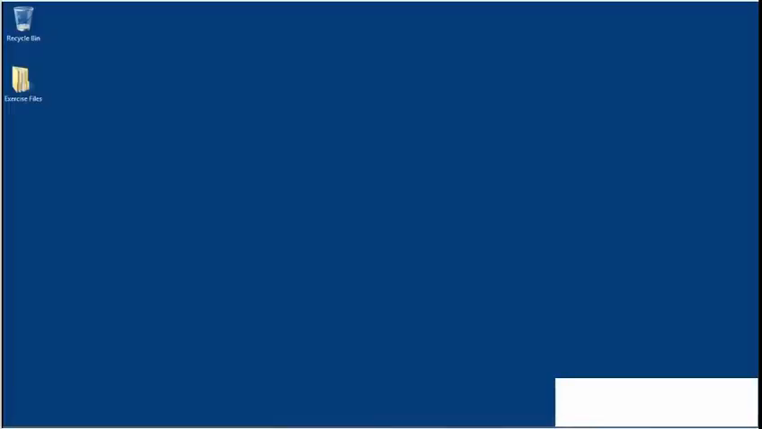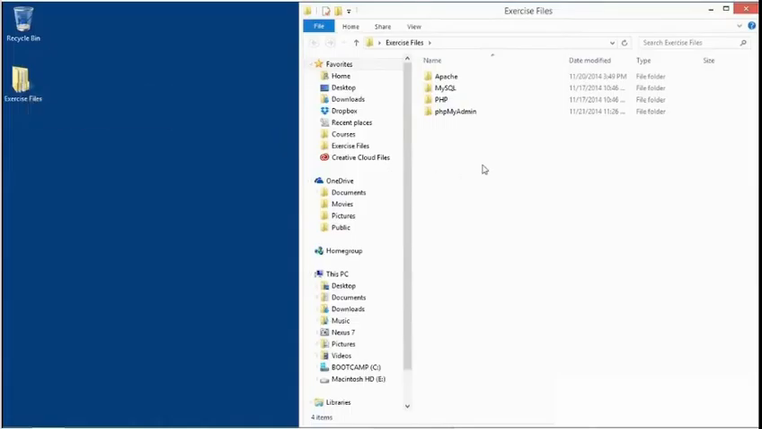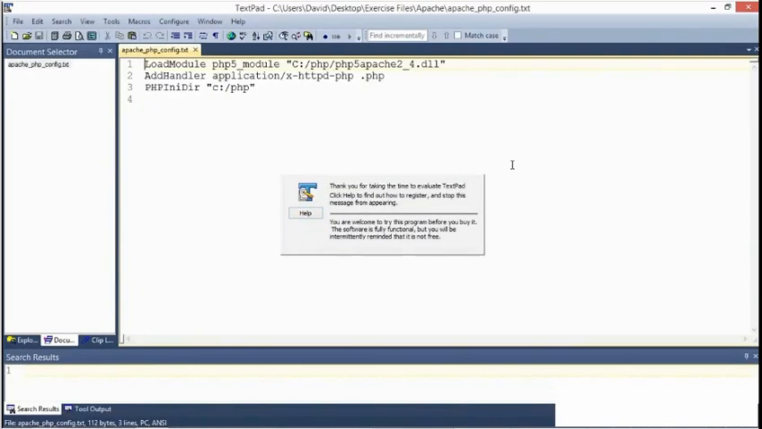This course is accompanied by exercise files that you can use to follow along on your own computer. I've copied the exercise files to my desktop, but you can place them anywhere on your hard disk. The exercise files for this course are organized by software product. There's one subfolder for each of the components of an AMP stack, Apache, MySQL, and PHP, and one subfolder for phpMyAdmin. The Apache folder contains a single file, Apache PHP config, and I'll show you how to use this during